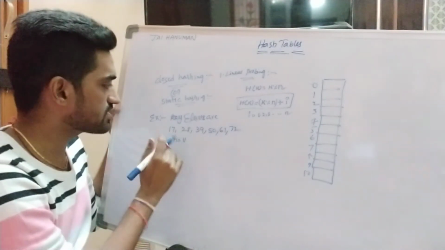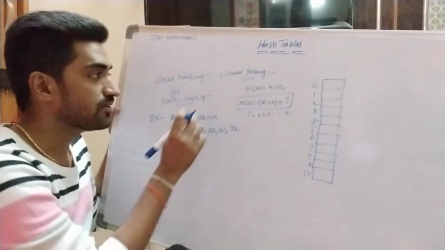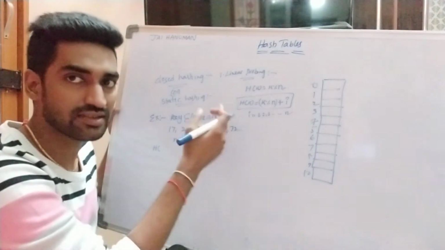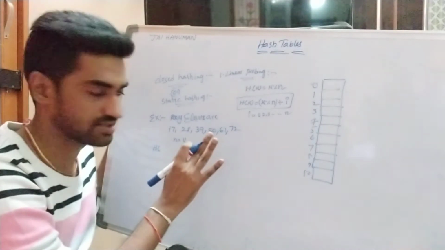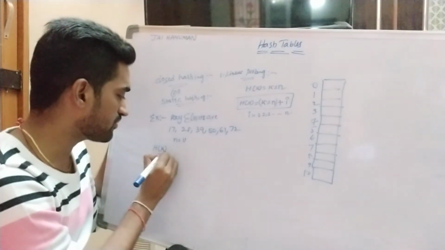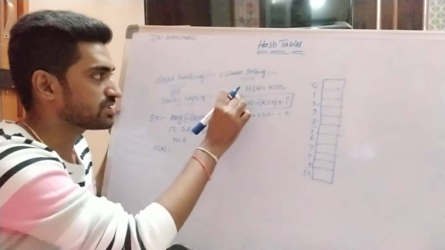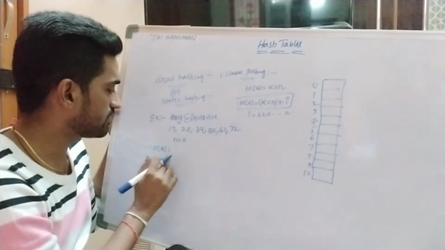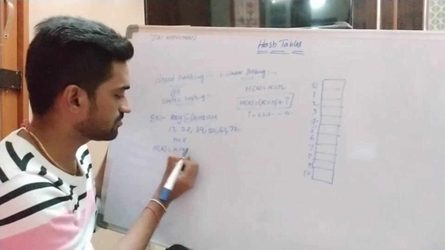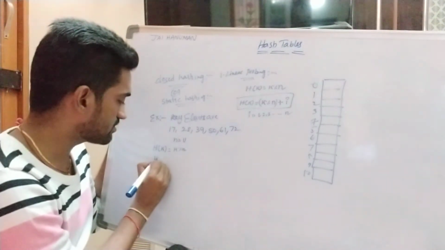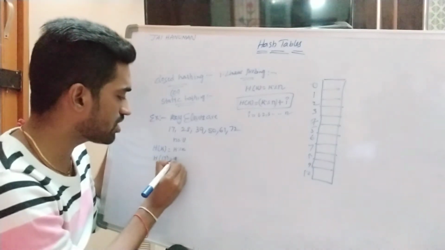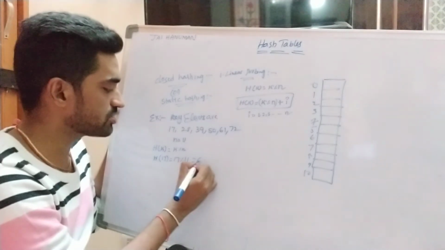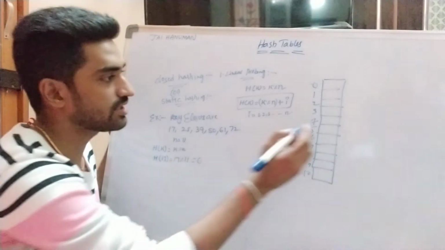What is the first inserted key value? H of 17. Once collision is occurred in hashing, then only we are applying these formulas. Otherwise, we are not applying these formulas, right? Initially, we are performing hashing operation with the help of the formula h of k is equal to k modulo division of n for each and every mechanism. So what is the first inserted key value? 17. 17 modulo division of 11 is 6. So at 6th position we are inserting 17.